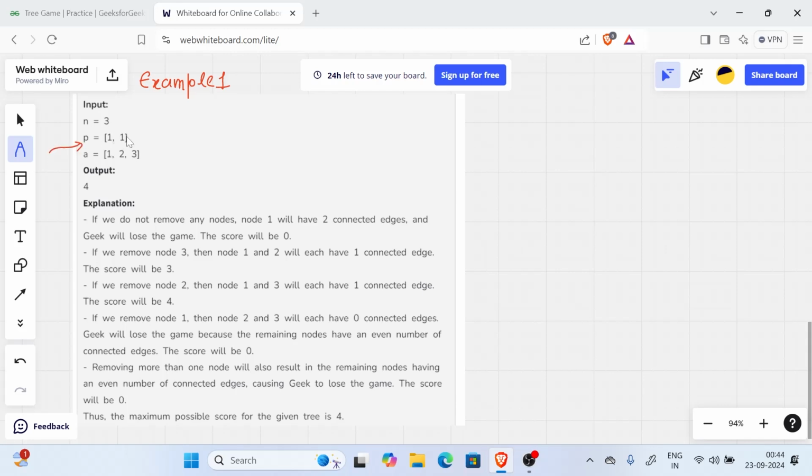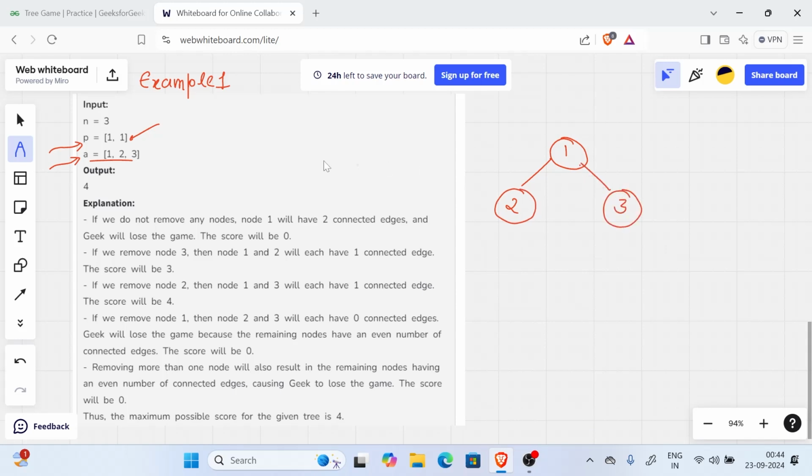It will store the parent of that particular node, right? And after that we are given an a array. So the a array will be storing the score of every node, right? So we know that our tree is rooted at node 1, so we will make our node 1, and after that from the parent array we will try to find out the parent of each node. So our structure of the tree will look like this if we find the parent from this given